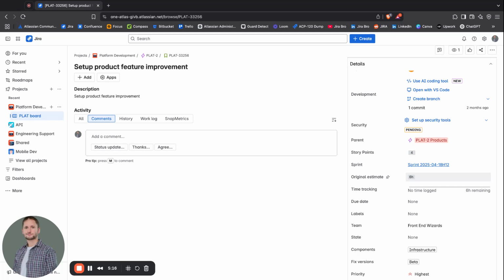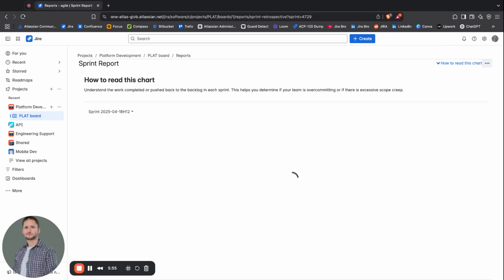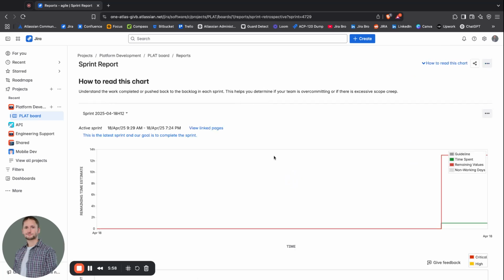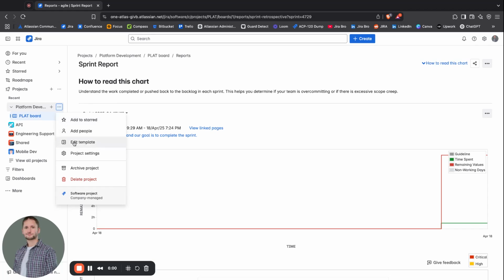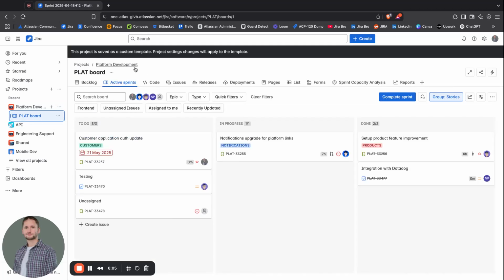Scrum Masters are the servant leaders. They're there to make things go smoothly, and they're the preachers of the Scrum framework. They need to make the Scrum framework easier for the team rather than harder. Now, if you're not sure how you can check for this, you can always go to your project in here. And when you go to the